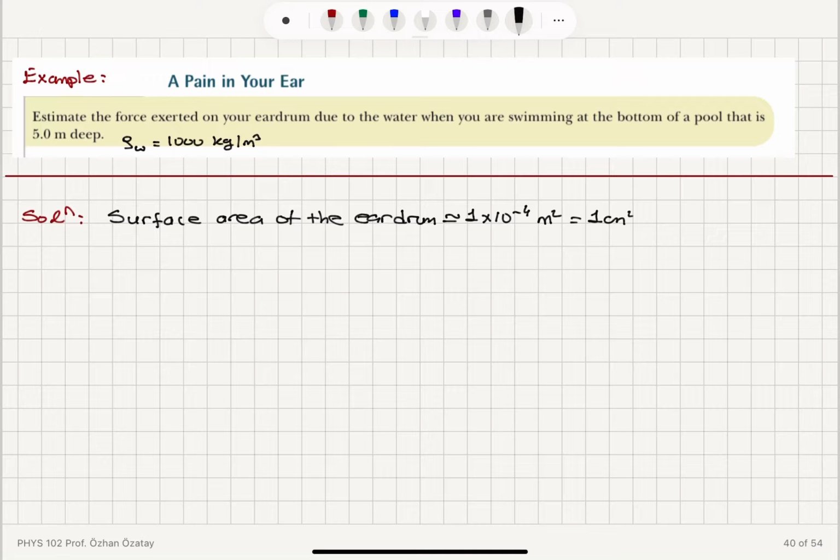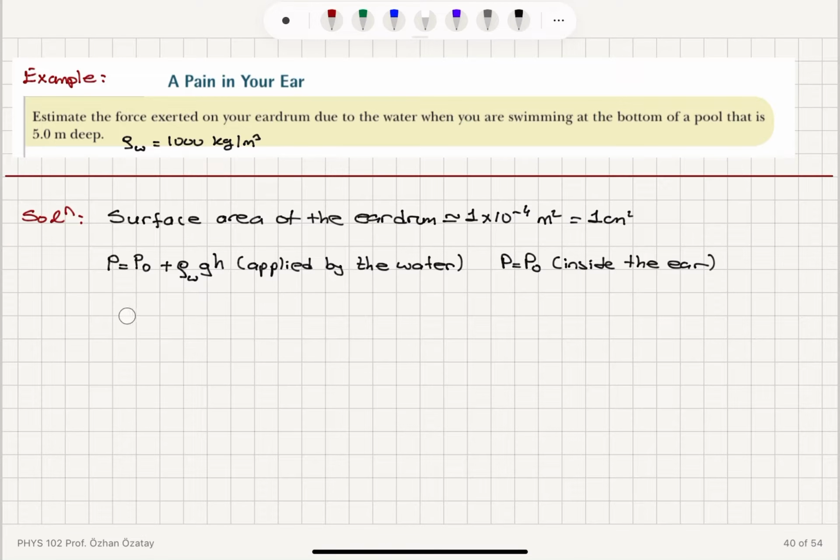Now when we are at the bottom of the swimming pool, we're going to see the atmospheric pressure plus the additional pressure due to the water, and we have seen that the pressure varies with depth, and it's P0 plus rho water g h in this case. So this is the pressure applied by the water. Inside the ear we have atmospheric pressure. So outside the ear we have the pressure applied by the water, and inside we have atmospheric pressure, so the difference in pressure on two sides of the eardrum is due to the water, rho g h,